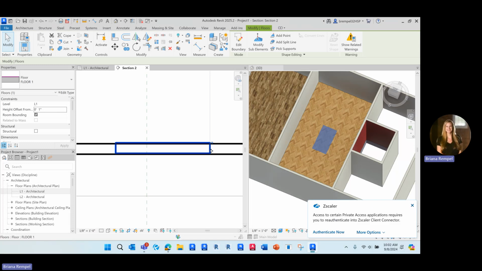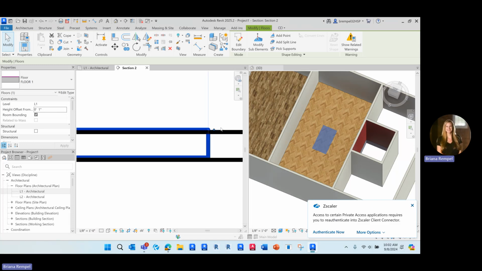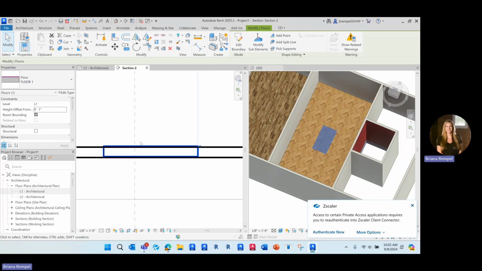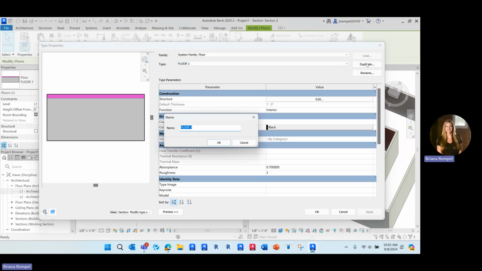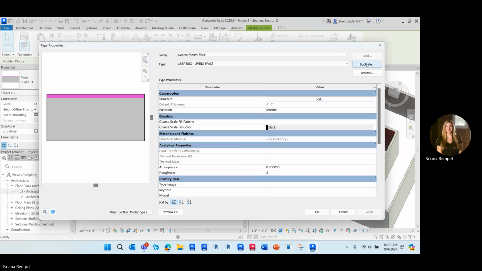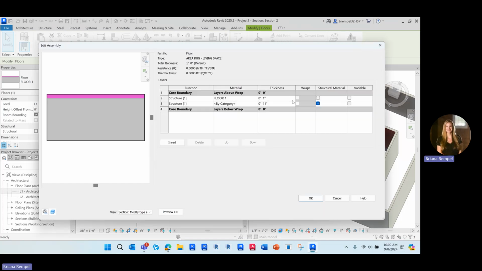And then I still do have an overlap though, right? Because I have this thickness of these two floors embedded into each other. And that's something that we want to avoid in Revit, of having these two geometries overlapping. So as I go into edit type here and I duplicate to create a new floor type, I'm going to call it area rug 1 or living space, or whatever that would be. As I go into the structure here,